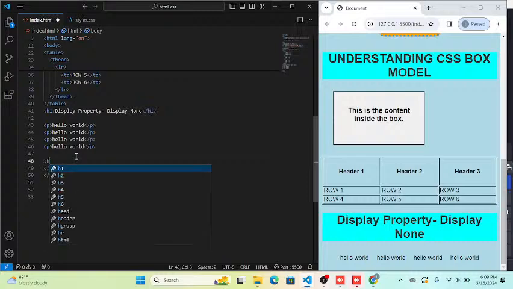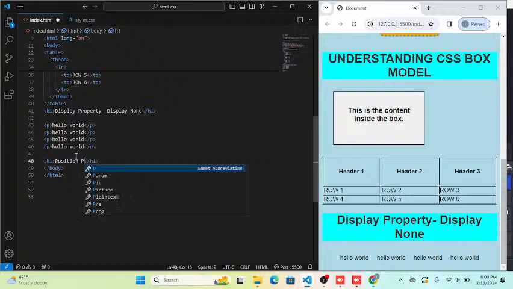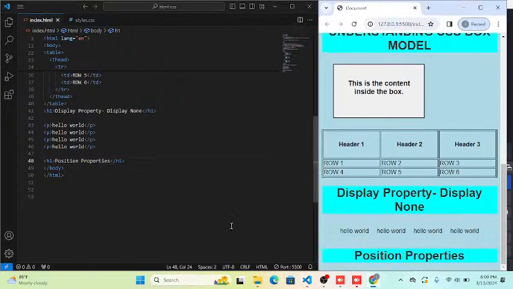position properties. Inside position properties, first we will see position fixed. So CSS position fixed fixes the position of an element according to the style specified. Scrolling the page will not change the position. If we scroll, it will not change the position. For that, we have